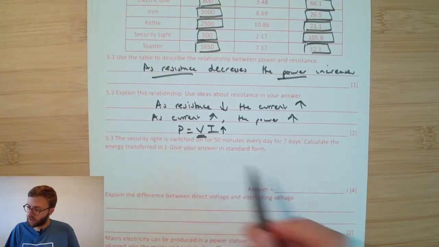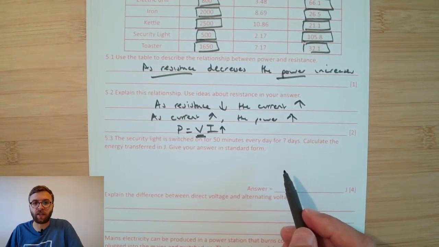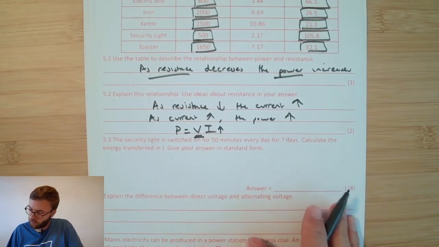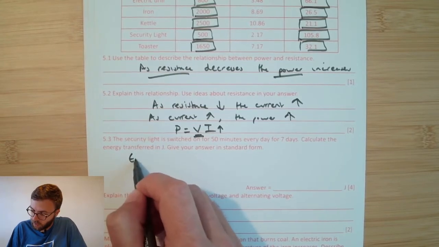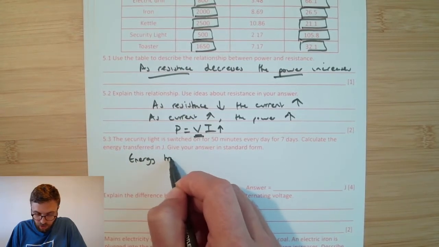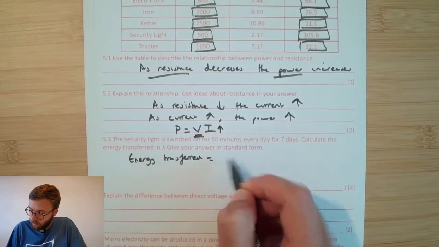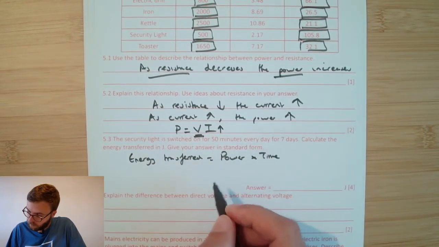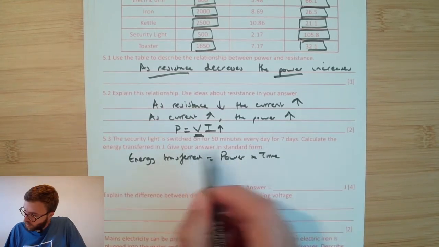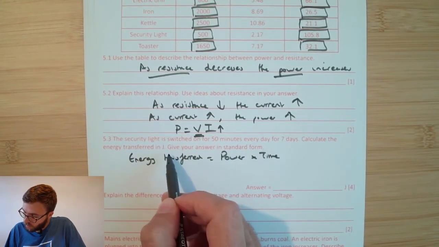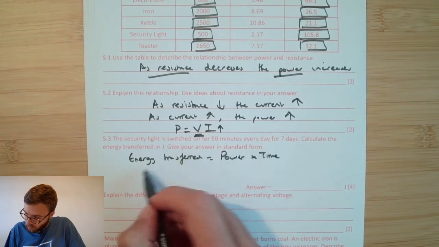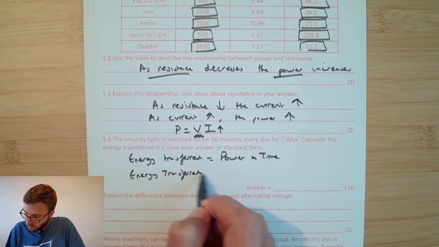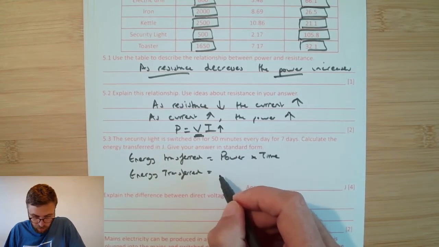The security light is switched on for 50 minutes every day for 7 days. Calculate the energy transferred in joules and give your answer in standard form. So for this question, we're going to use the equation energy transferred equals power multiplied by time. We want to work out the energy transferred, so we're going to put our numbers in. So the energy transferred equals the power